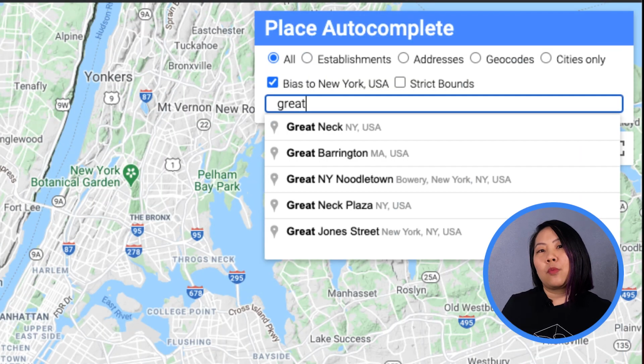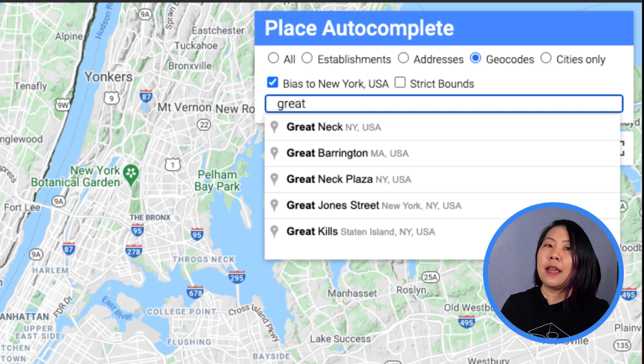Here's an example of what happens when a user inputs GREAT into a Place Autocomplete field with a location bias for New York. First, with no place type filtering, we see a mix of cities and establishments in New York and nearby states. If we filter for just geocodes, we see a street and a neighborhood appear alongside the city name predictions.